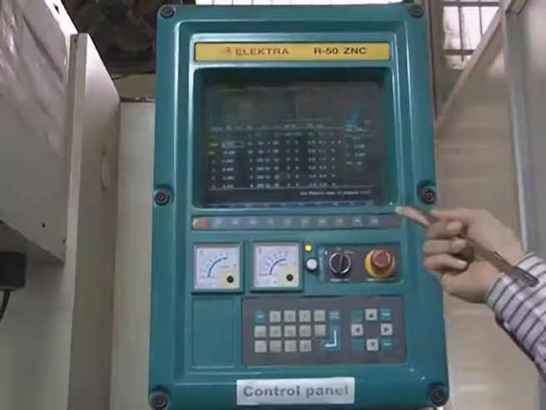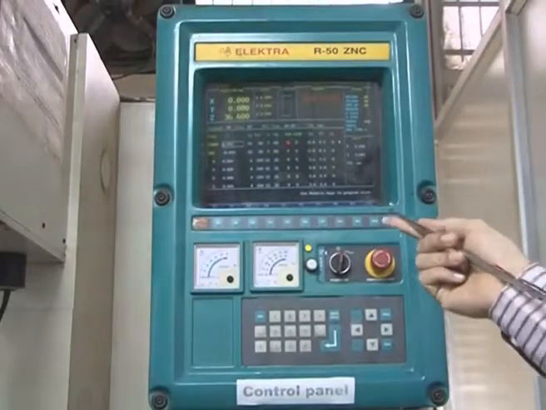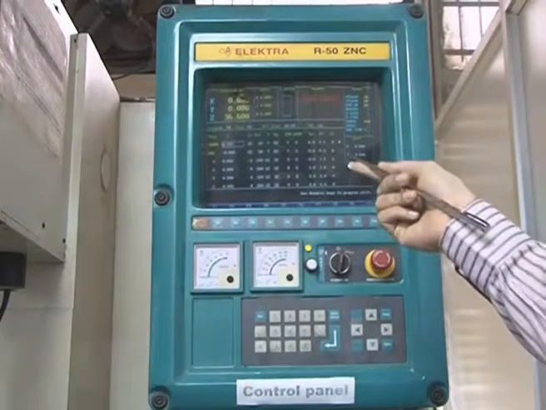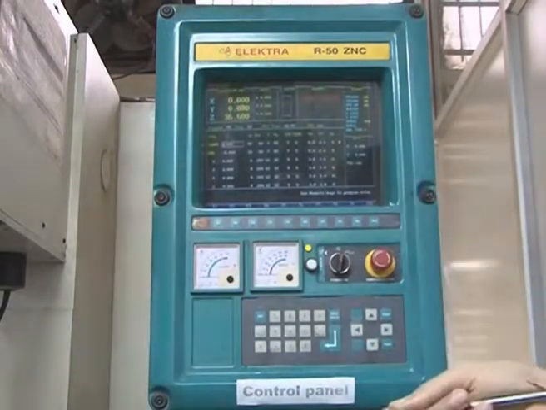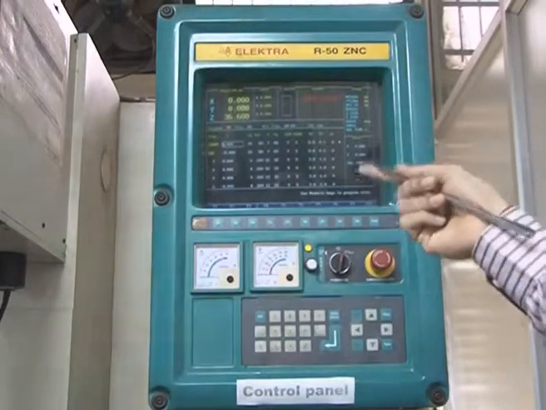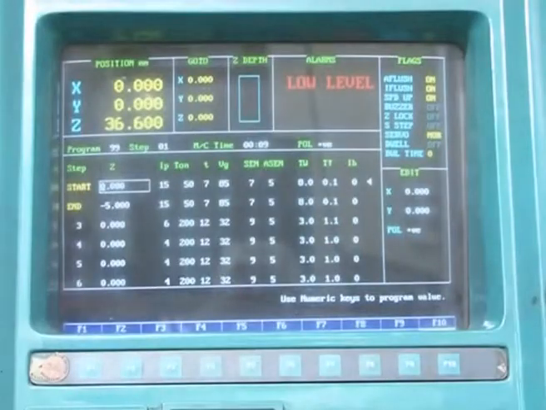These are the various process parameters which you can control on this machine, and these are the X, Y and Z positions. At present the X and Y positions are 0 and the Z axis of the tool is at 36.6 in the positive direction. Now I am going to explain how to set the different parameters.